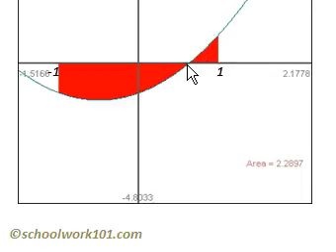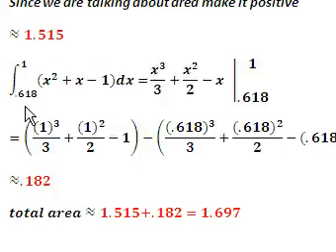Now we're going to find this shaded region. Remember, this is 0.618. And so we just integrate between 0.618 and 1. So this is how you set it up. We have 0.618 and 1, and then our function. And, well, we've already done that, right? We're just changing the limits. And so now we just plug the 1 in the upper limit, minus, and then the 0.618 goes in the lower limit, and we get